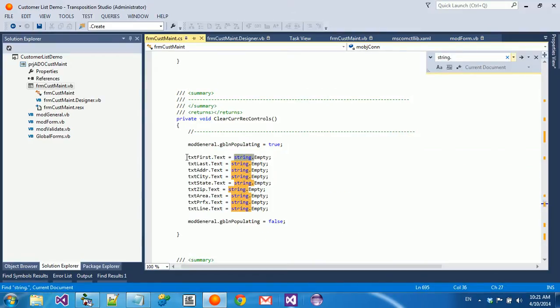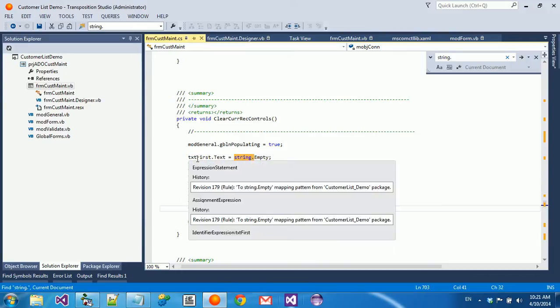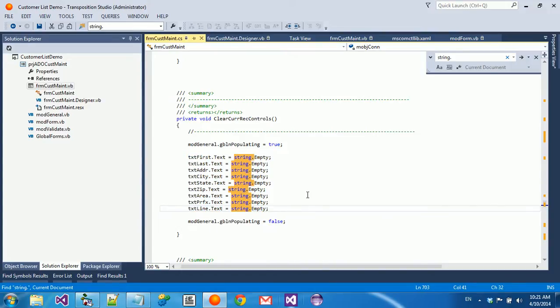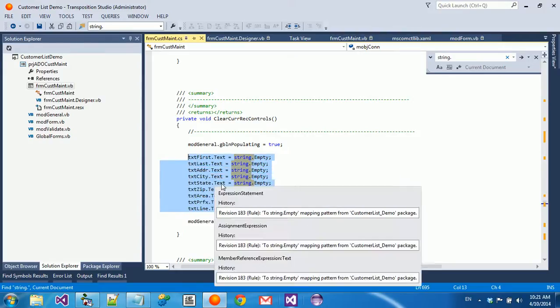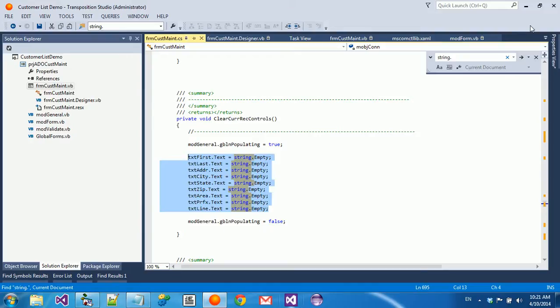Here it is, and you can see that every place that we had .text equals empty quotation marks, we now have string.empty. So the next thing I'm going to do is going to be a bigger jump,